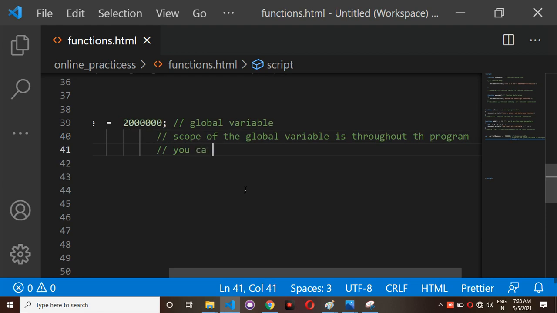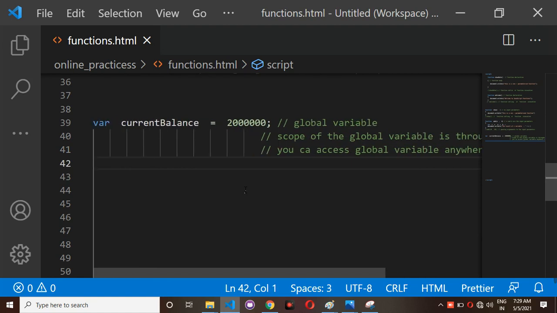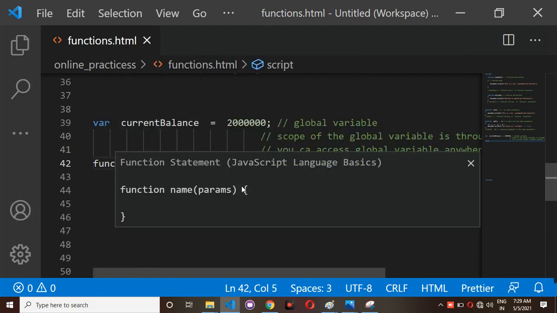You can access the global variable anywhere in the program. There aren't any restrictions. For example, just observe here, I have one function.